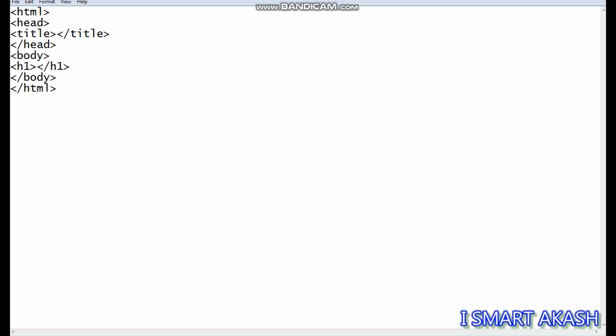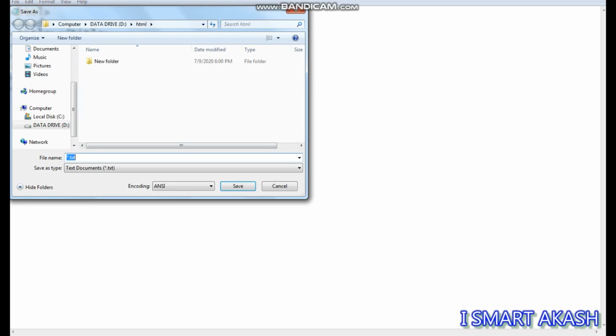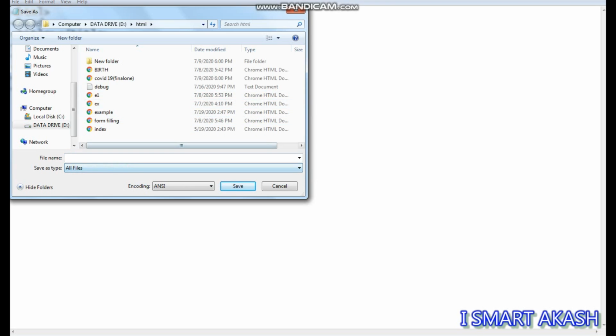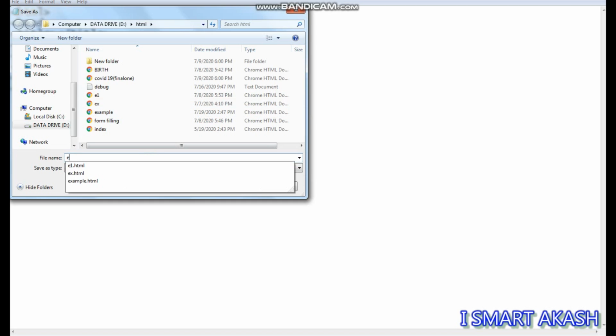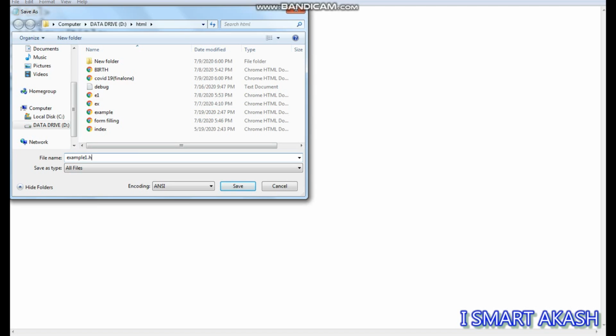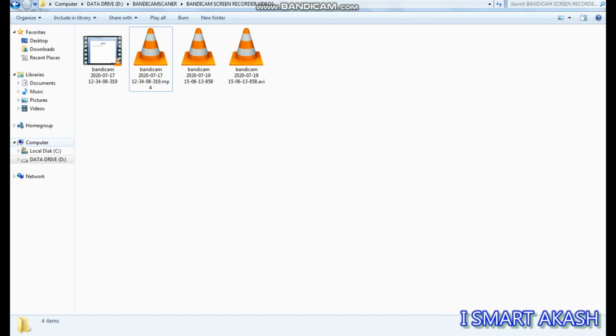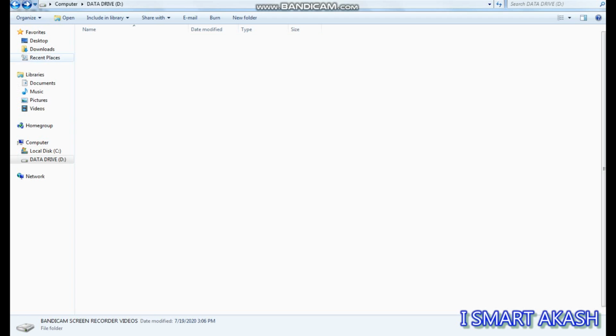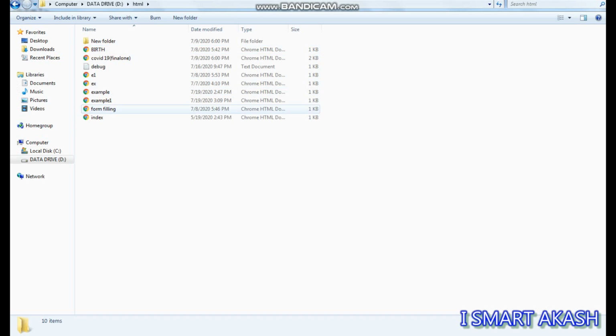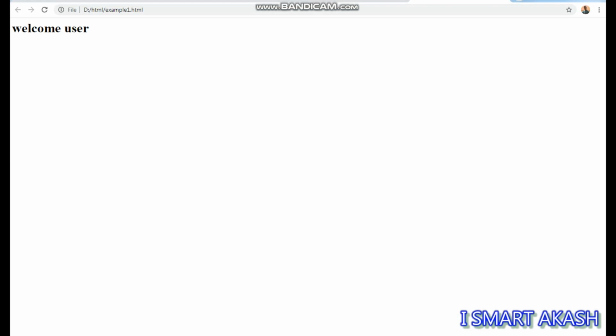Let's see this example, saved as 1.html. See, "welcome user" is a bold character, so this is a heading.